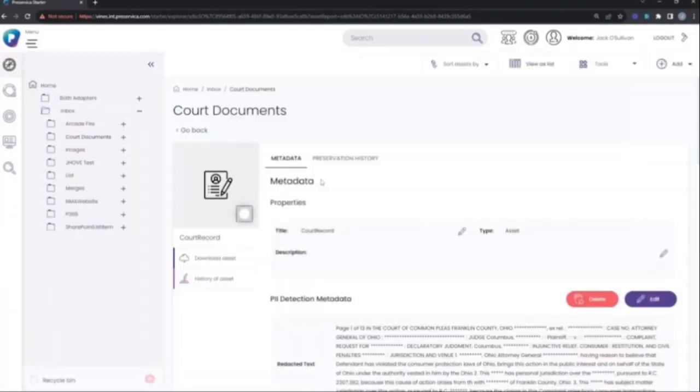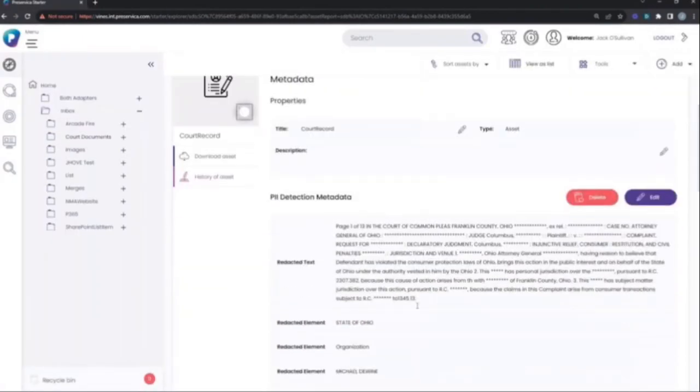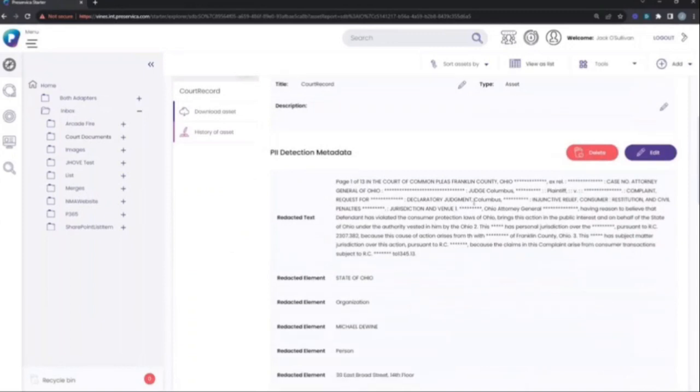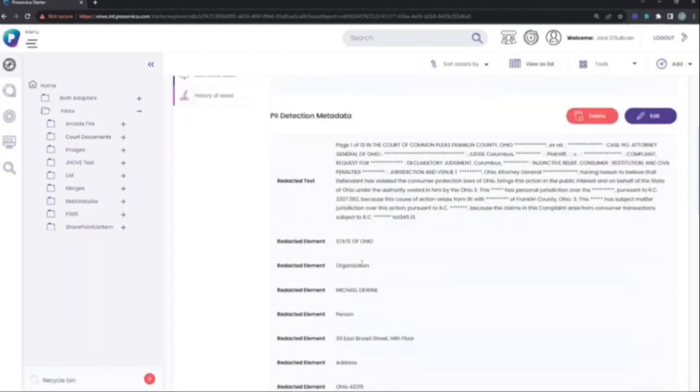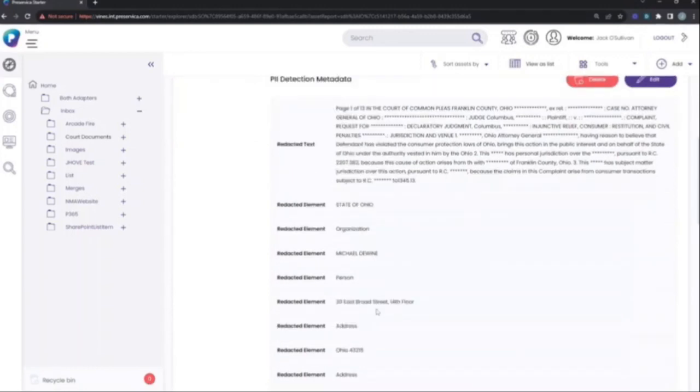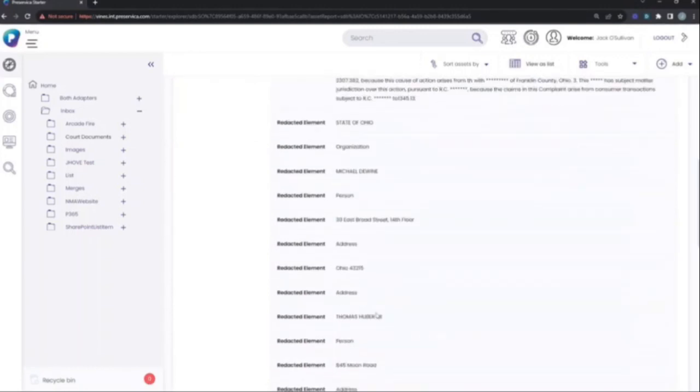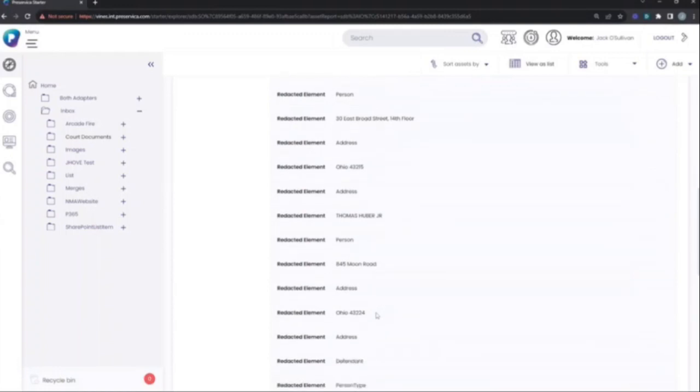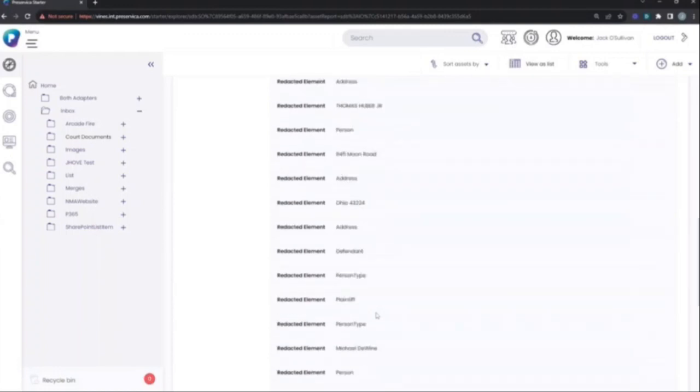But because it's a document, our AI tool will know, actually, I can get some text from that and I can run PII detection. So it does that in the background and then posts back some metadata that we got out of the tool. So what you can see there is the text from the PDF with all the PII data redacted, and then a list of the things that it redacted and why it redacted them.